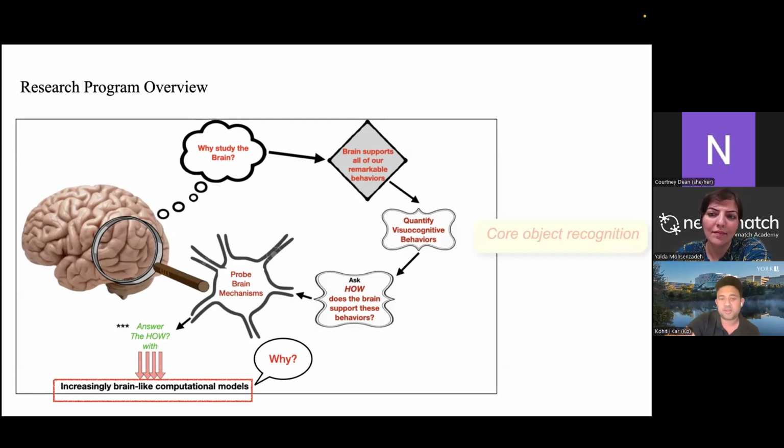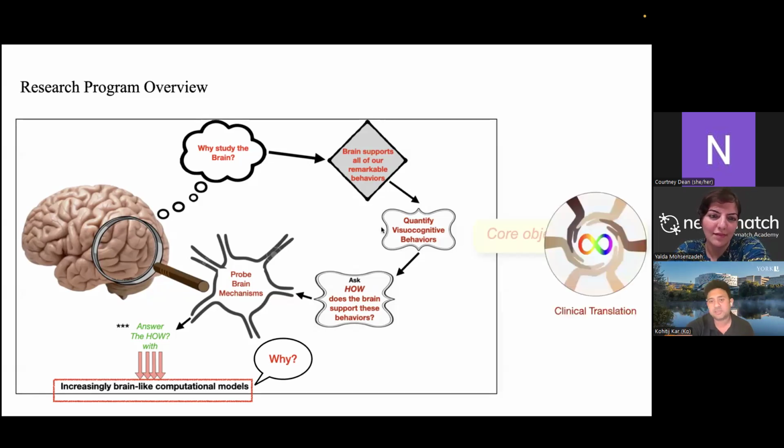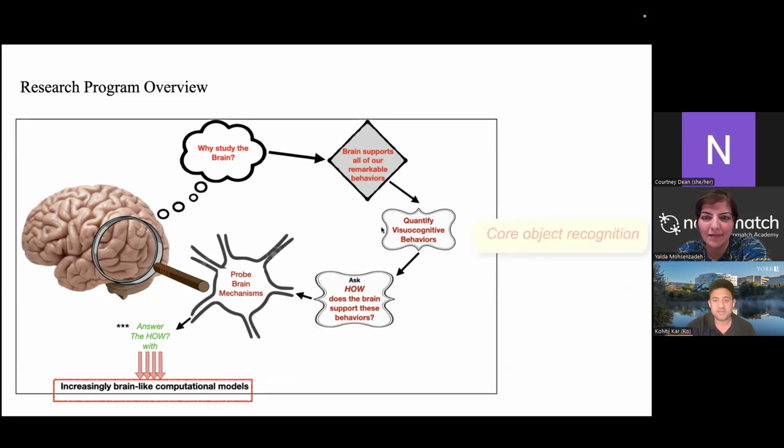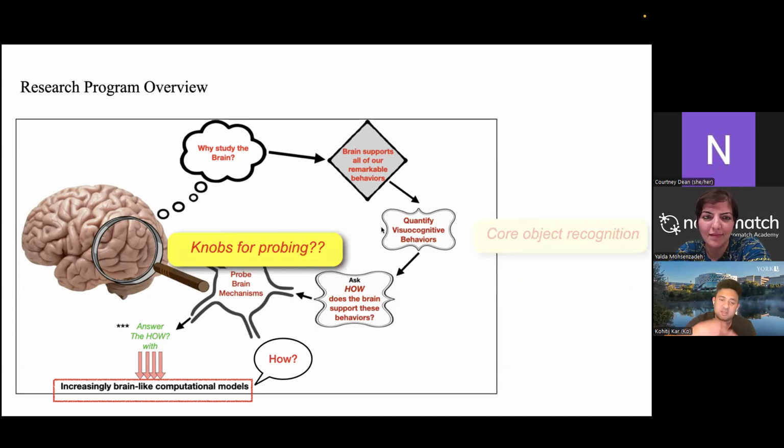I just want to take a brief moment and ask the question, why is this important? Why do we need to ask this how question? Many people have many different answers. Some might be driven by the sense of discovery, like, I need to know what is happening. I will argue that most people, implicitly or explicitly, undergo these efforts for clinical translation. You are either in denial of it or you explicitly make it your claim. So in our lab, we explicitly make it our claim that we're going to try and impact clinical translation.